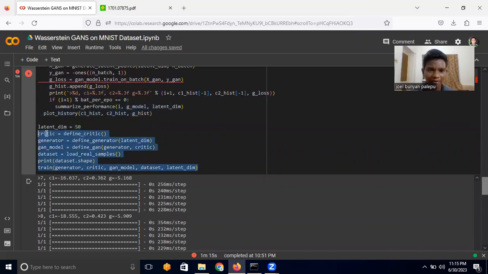And then after that, we'll just run the same lines that we have run. So I'm going to specify the latent dimension, the dimension of the noise vector, which will be the input of the generator. I'm going to call define generator and input the latent dimension. I'm going to define the GAN and put in the generator and critic. We're going to load some real samples, and then we could just train it. I will just call this function